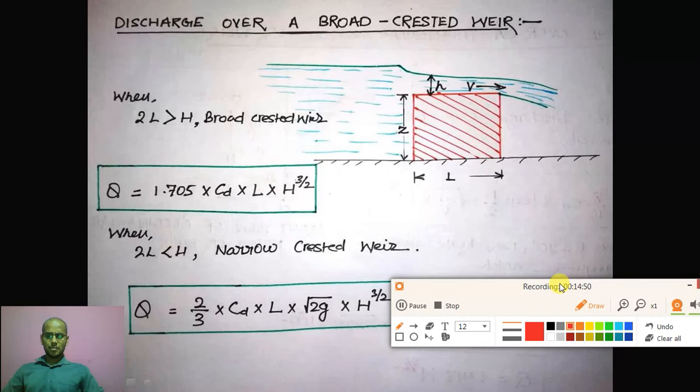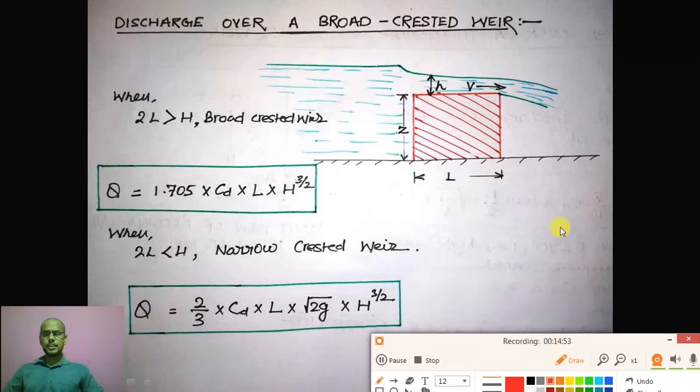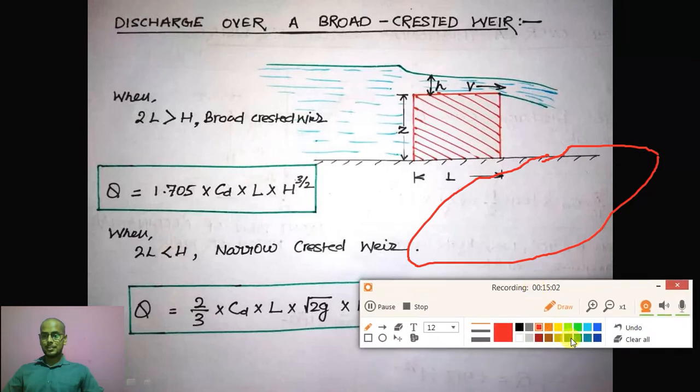When you want to define this weir, I am trying to make a 3D diagram here. Just understand, because I'm not that good at drawing, basically in painting. I have drawn a line, but it cannot be shown by a line only. Suppose this is my blockage, or you can say this is my obstruction, right? And you have a level of water, which I'm showing in yellow color on this side, okay?